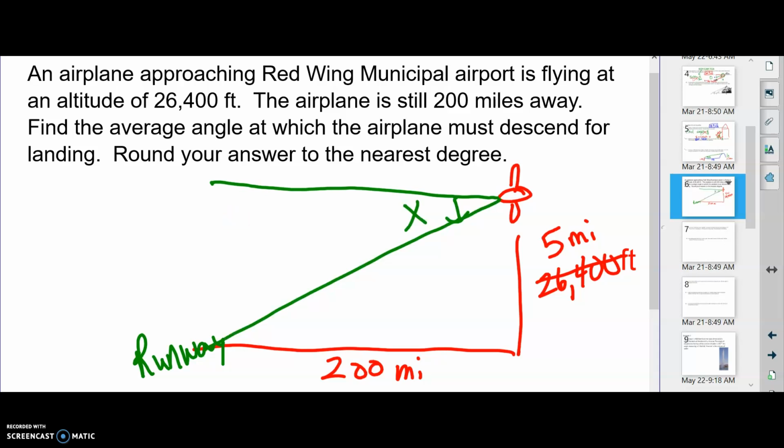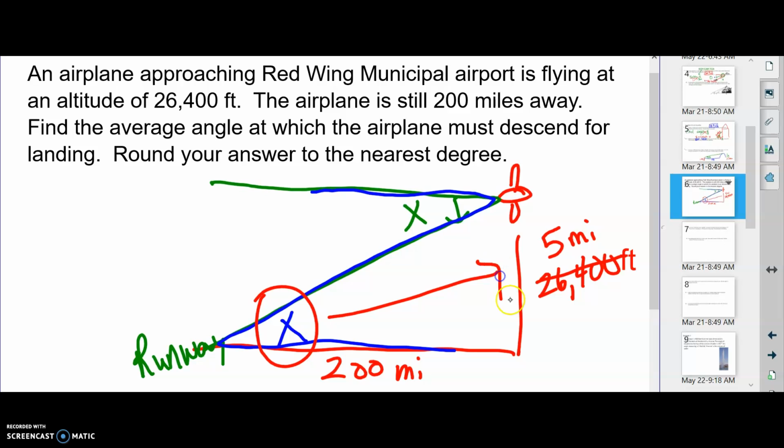It's outside. However, remember, parallel lines, we can make a Z. So if that angle is x, so is this one. Now we have an angle inside our triangle. We can circle the angle and label the sides. This would be the O, this would be the A. So we're using TOA, so it would be tangent x equals